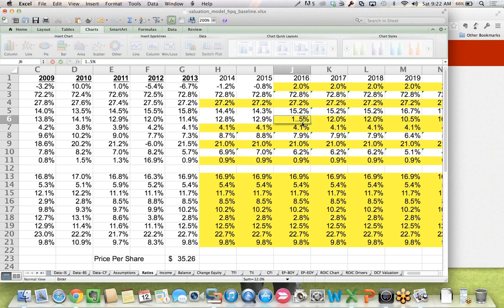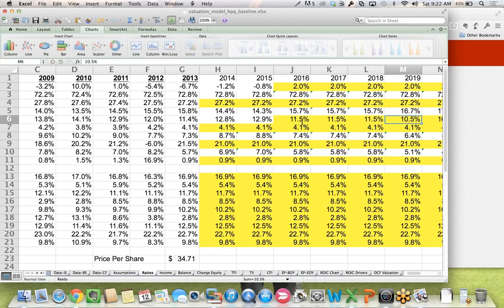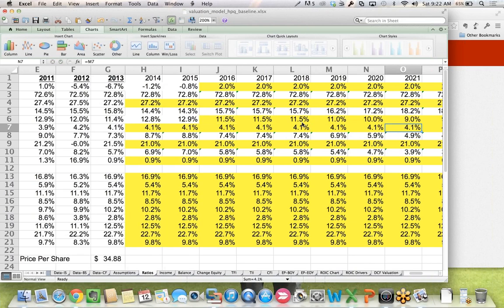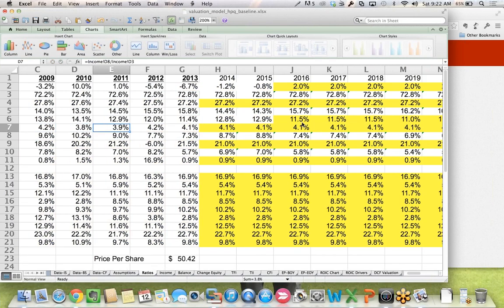Let's say 11.5, down to 11. Okay. And so revenue growth continued negative. Is that what you were